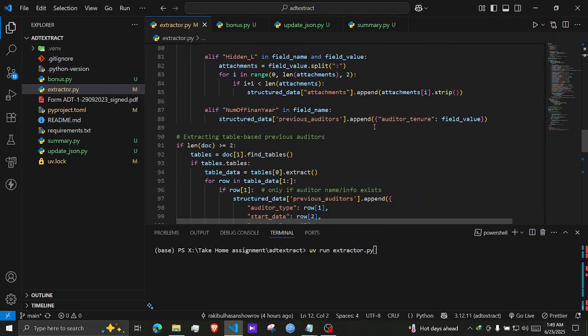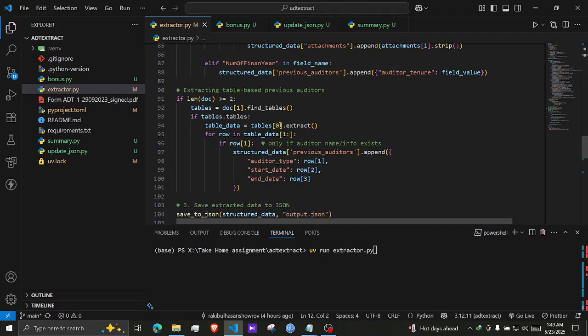And after that I carefully examined the PDF file and found that there was some attachment, an attachment file PDF. So I extract them